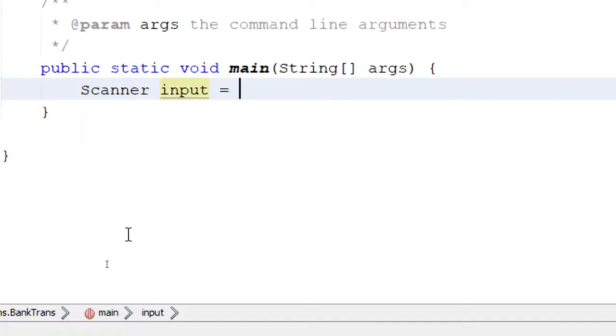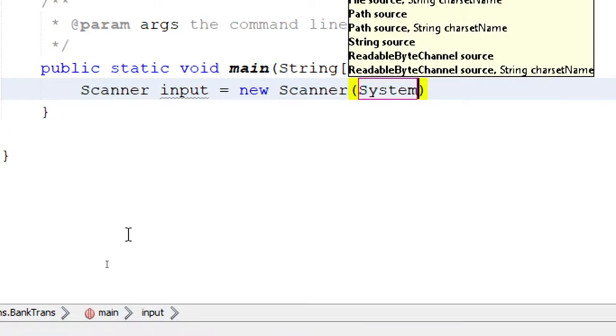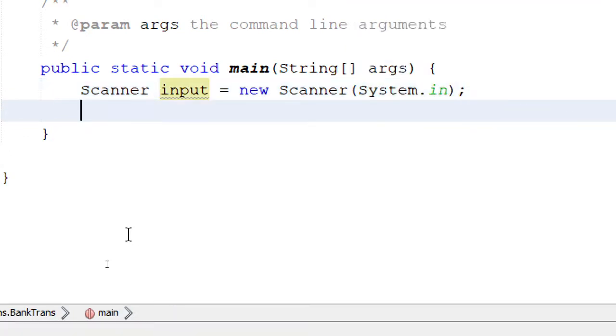Input is equal to new Scanner. So this is the usual thing that you are doing, and this is System.in. This is the usual thing that you will be doing. Then we need some other things there, like we need